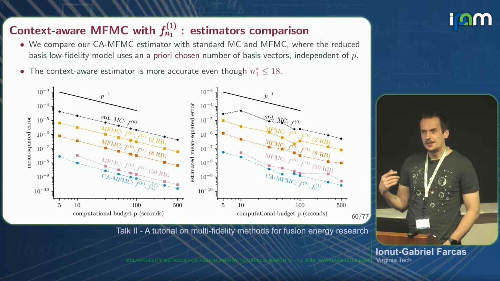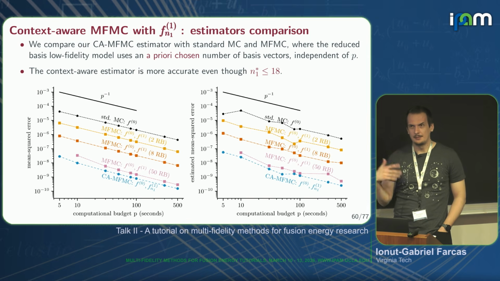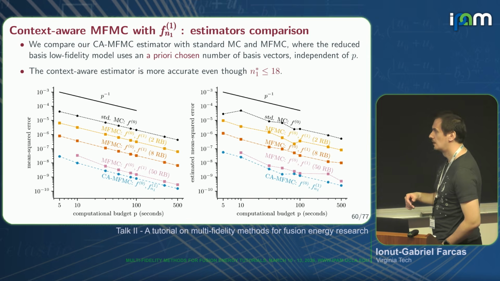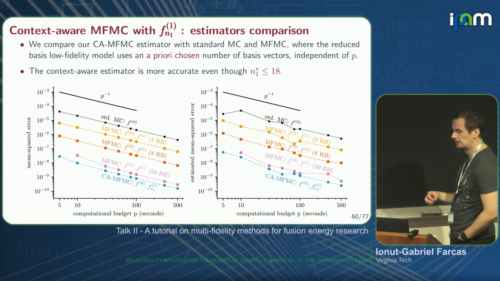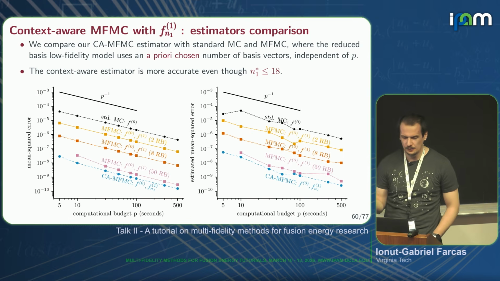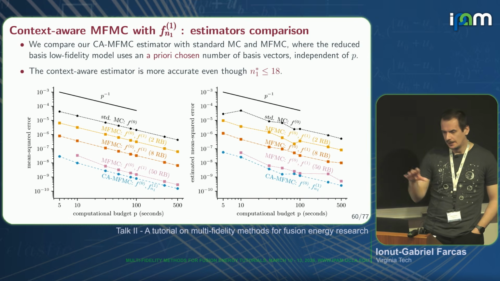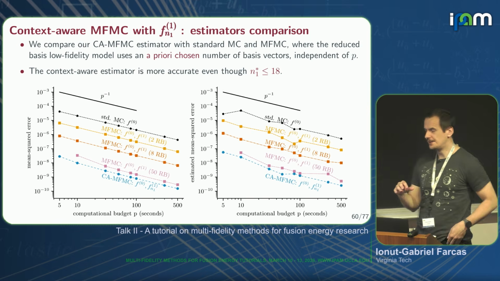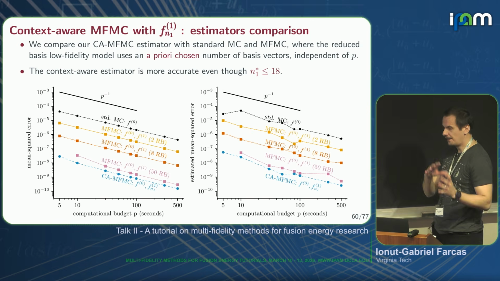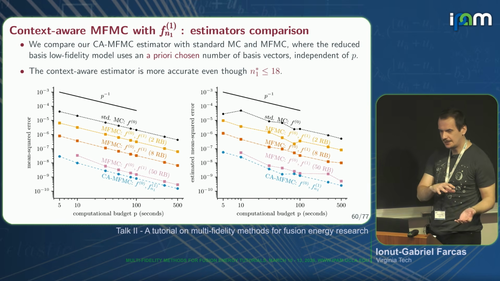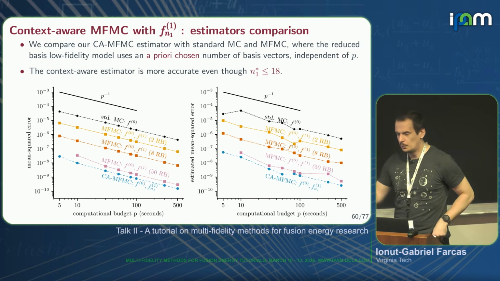And to see this concept of replicating what we have seen in the case with the coarse-field model for the jet example, so what it means is that low-fidelity models can be too accurate. What I'm showing here is the comparison between the standard Monte Carlo estimator, the multi-fidelity Monte Carlo estimator, with a